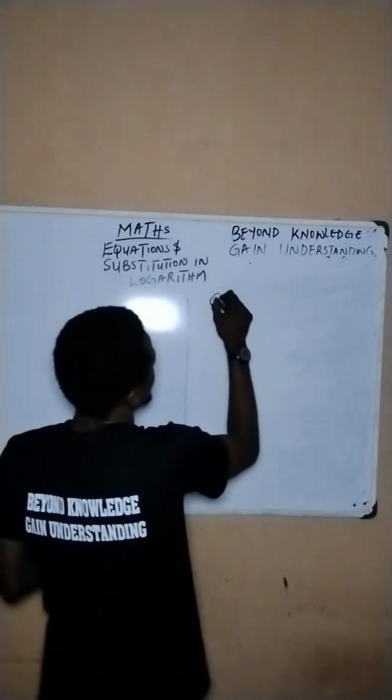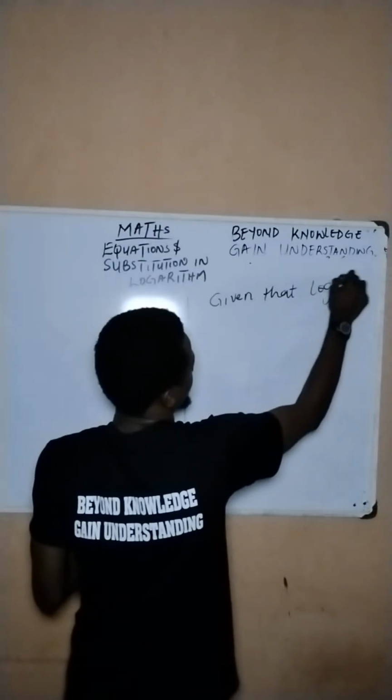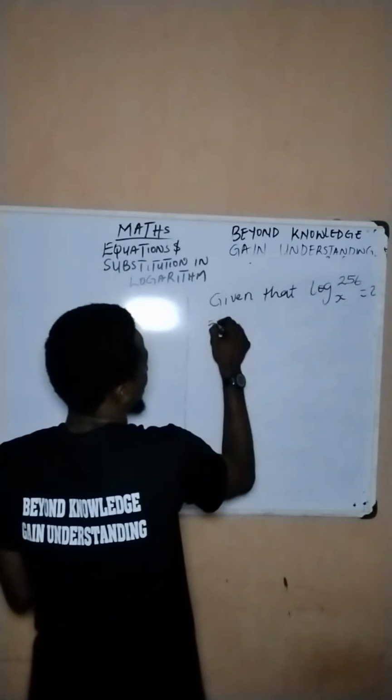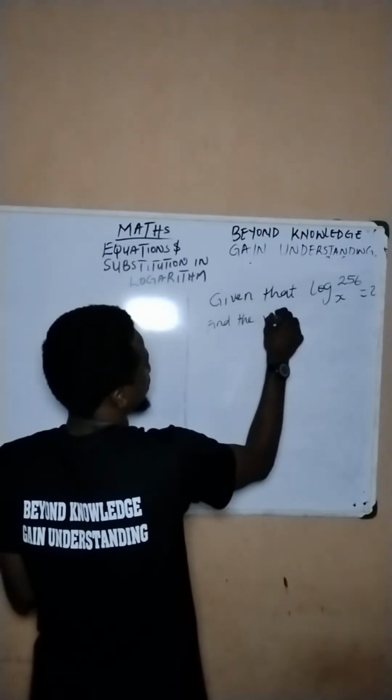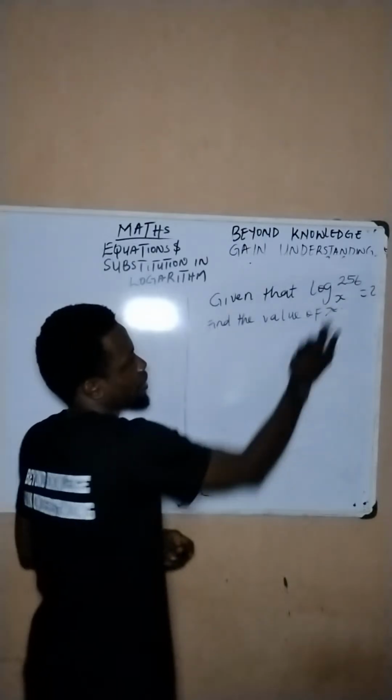So what are we going to solve? Okay, given that log 256 base x equals 2, find the value of x. Well, this is a good start